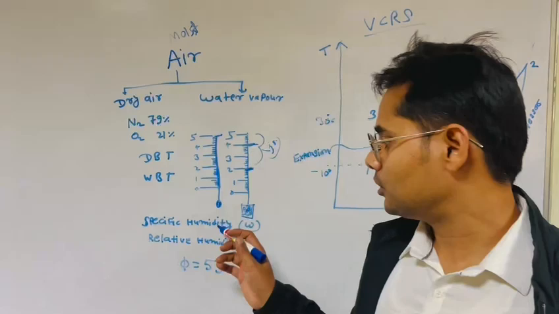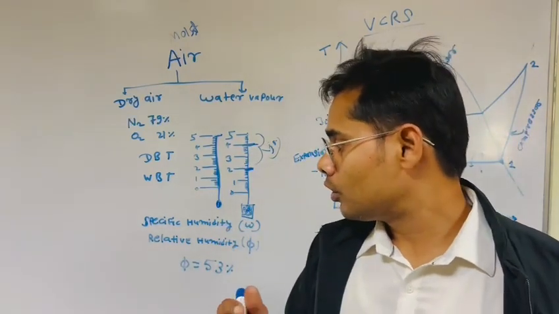What is specific humidity? Specific humidity is the ratio of water vapor present in